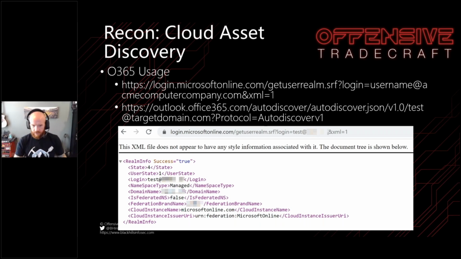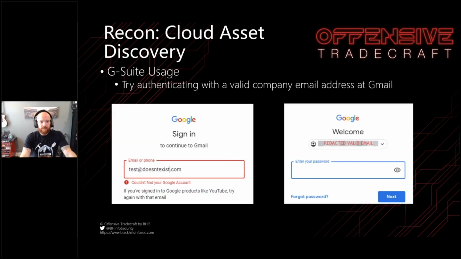So for G Suite, same thing. Google and GCP are kind of similar in that the sign-in URL looks the same. They don't differ a whole lot. And so Gmail accounts can authenticate to cloud.google.com, and it looks kind of like this. And the cool thing about phishing with Google,